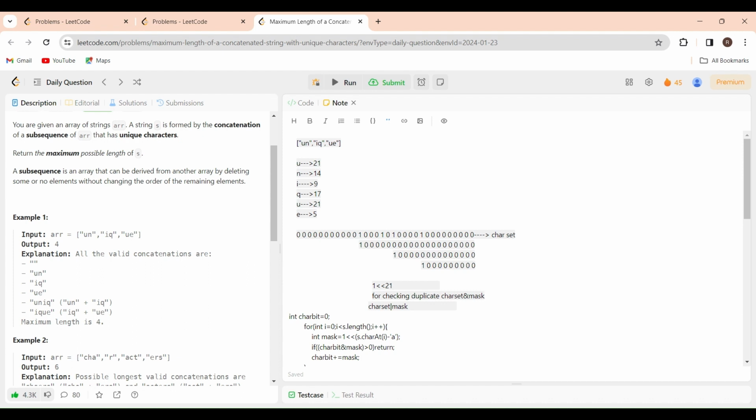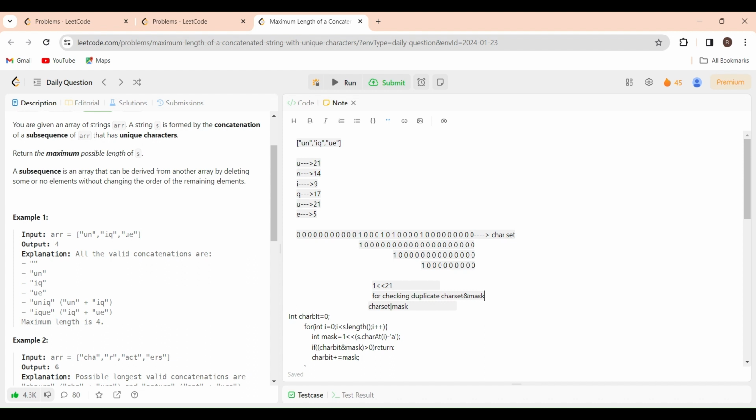So 0 AND 1 in the truth table will be 0, right? So if at all it gets 0, then we can add it to our char set, right? And if it is greater than 0,